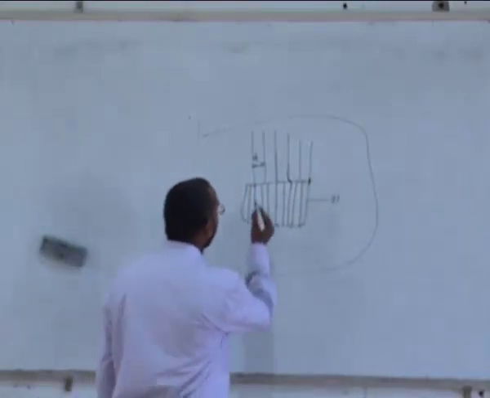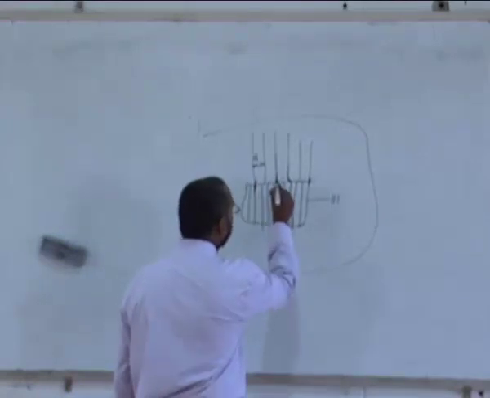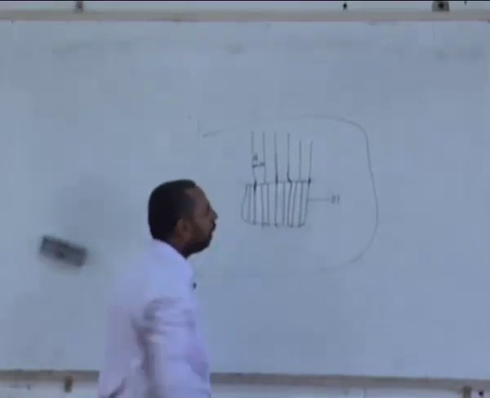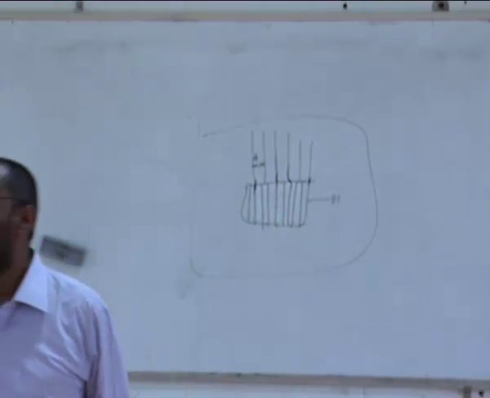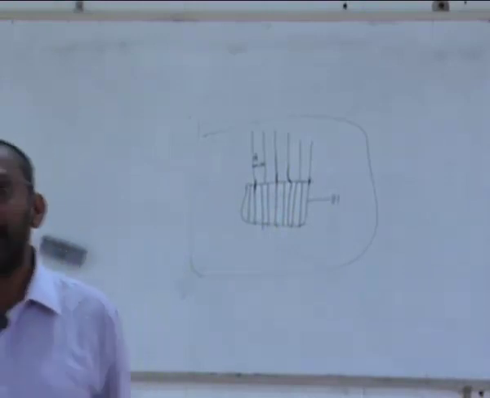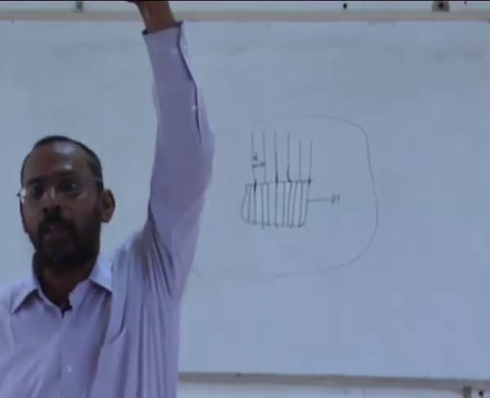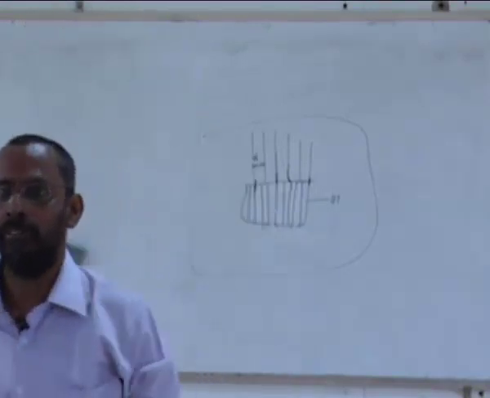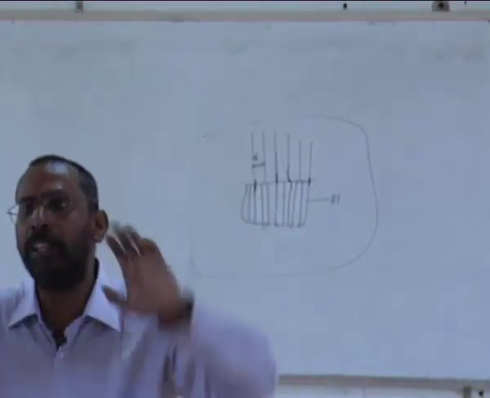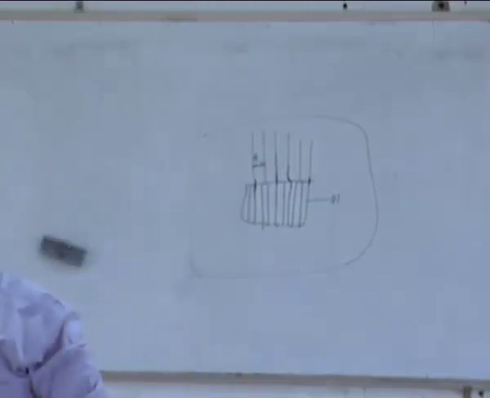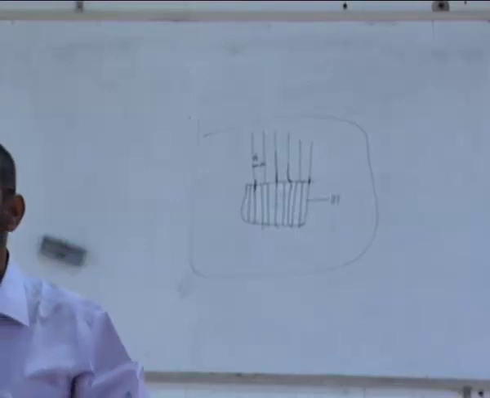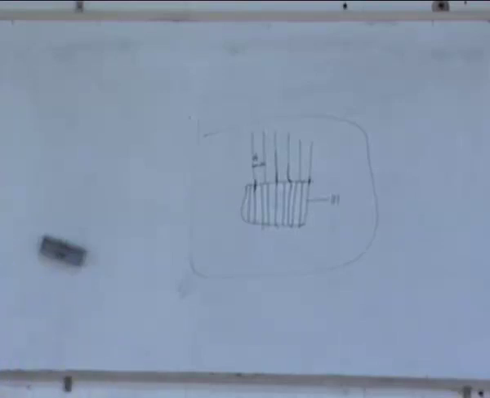And let's say this plane is able to match and this plane is able to match, but this plane is not able to match. Then what happens? Wherever there is no matching, it is like a dislocation. You have a plane of atoms above, there is no plane of atoms below. Or there are planes of atoms below, but there are no planes of atoms above. So you get dislocations at the interface. These are called misfit dislocations, because these dislocations are happening because of a misfit of the atomic planes.